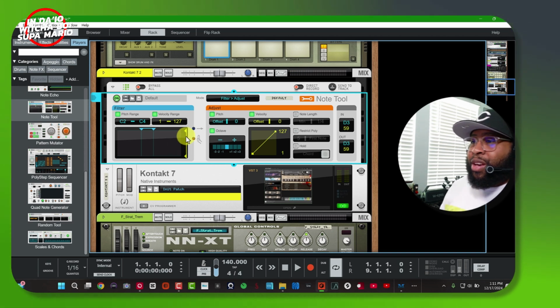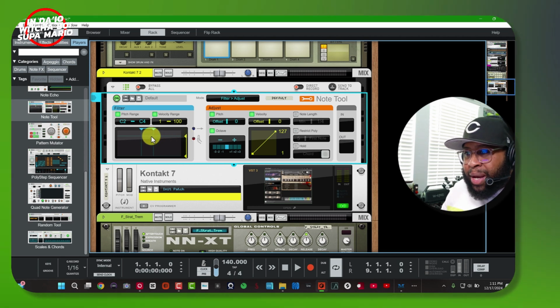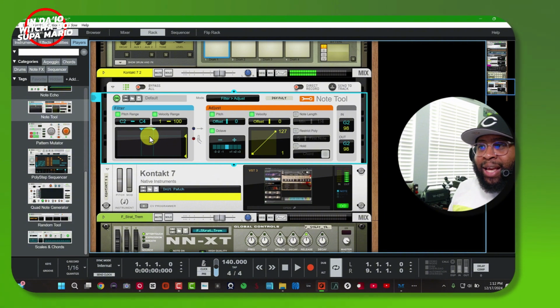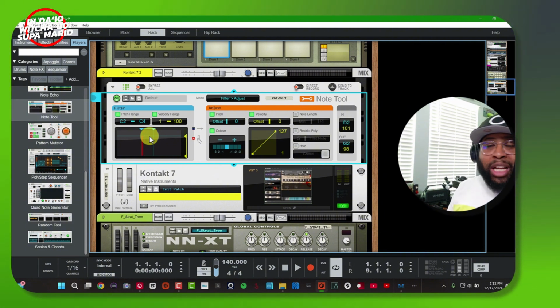You see what I'm saying? You could definitely bring this down. So we're going to bring this down to about 100, okay? So any MIDI note that goes past this blue note, it will not trigger. And you will see a red line in between your pitch range, okay? So regardless of your pitch range, you'll notice when we play a little bit softer,